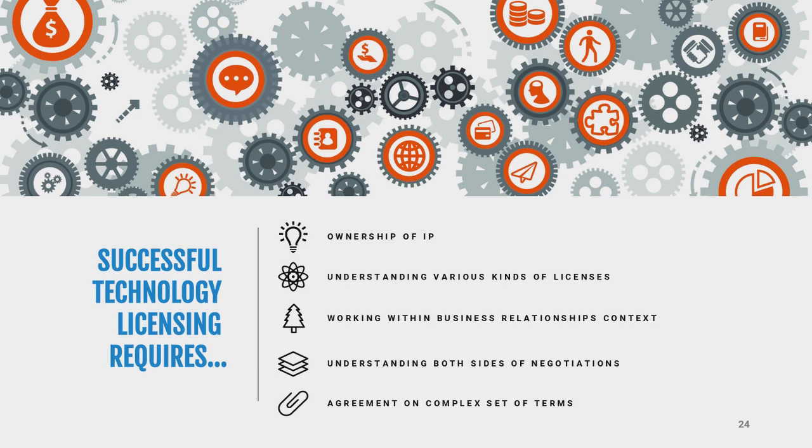Now lastly, technology license involves reaching agreement on a complex set of terms, each of which has several possible solutions. So advanced preparation here is essential. Before negotiating, before talking to people, it's important to do your due diligence to know all the objectives of your side and all the objectives of the other side, and understand what you can live with, what you can't live with. I can't emphasize the importance of negotiation preparation, especially when it comes to licensing deals.